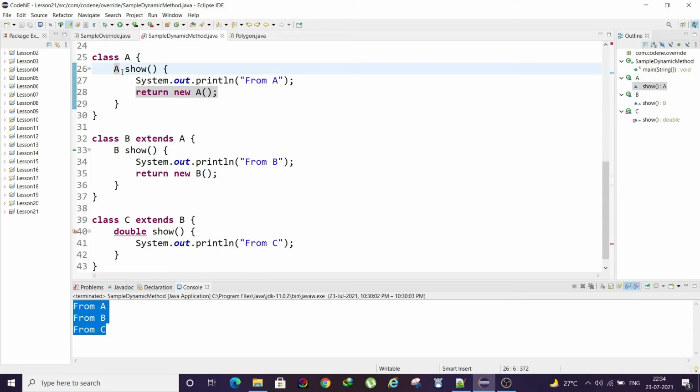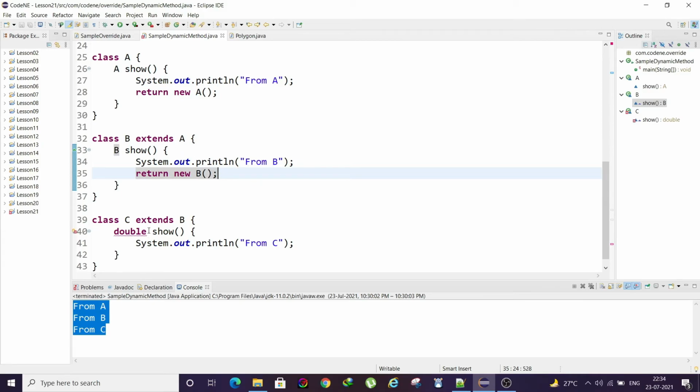But in method overriding, return type should be the same. There is an exception where you can return one object, and in the overridden method you can return a subclass of that class as well. Here it's not showing an error. Why? Because I'm returning an object of B, which is ultimately extended from A. So it is perfectly acceptable in Java.